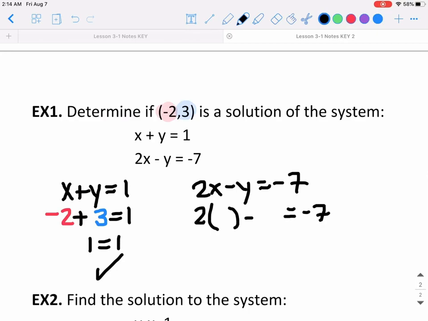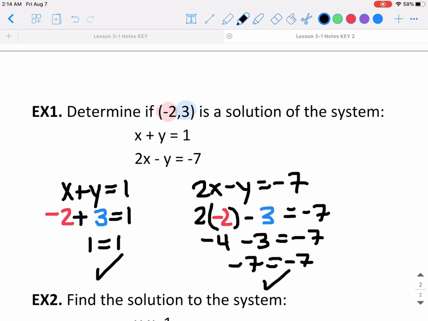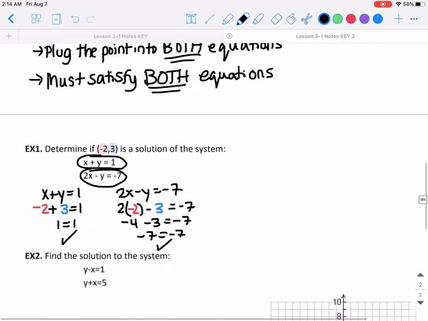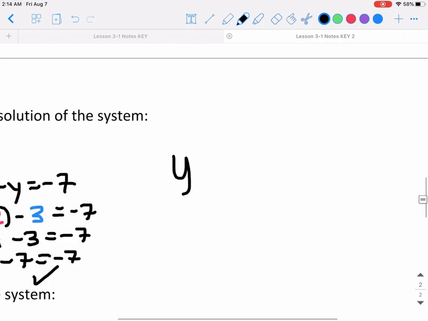And I'm plugging in negative 2 for x and 3 for y. So I get negative 4 minus 3 is equal to negative 7. If I add negative 4 and negative 3, I get negative 7 is equal to negative 7. That works. So yes, this satisfies both equations, this point. So yes, negative 2 comma 3 is a solution